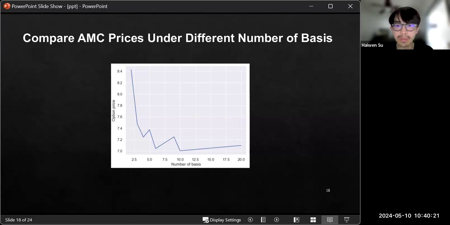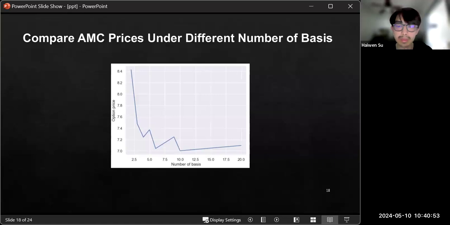Between 5 and 10, there are some fluctuations, which can be seen as the sensitivity of the model to those specific basis numbers, possibly reflecting overfitting or instability in the regression. And after 10 bases, it stabilizes and slowly increases, which means that at this point,